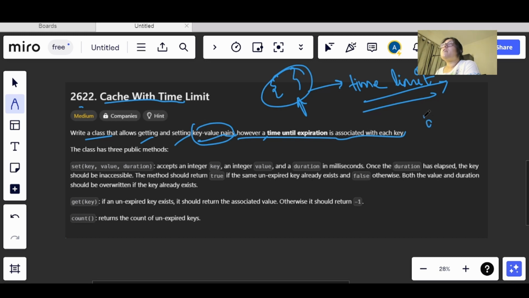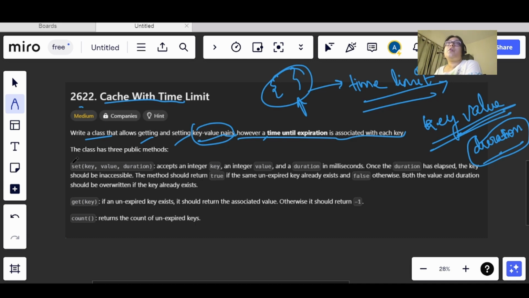So we have a key and value pair, and some duration will be given to us. It will be in milliseconds, and this duration will tell us till how much time this key value pair exists, okay.